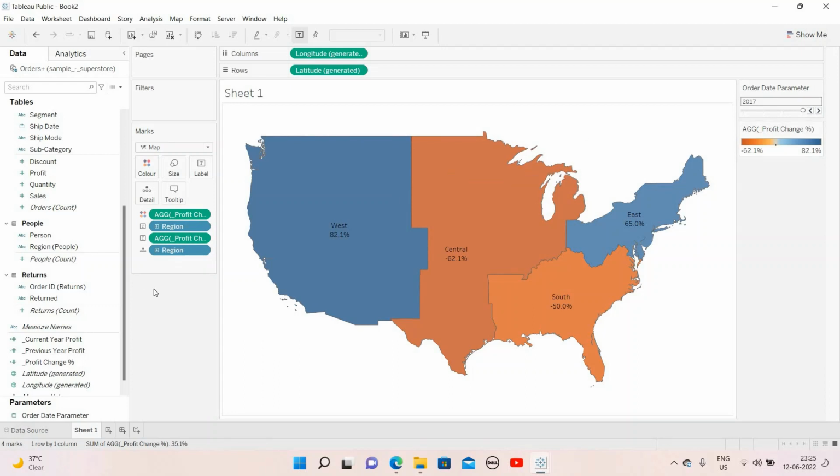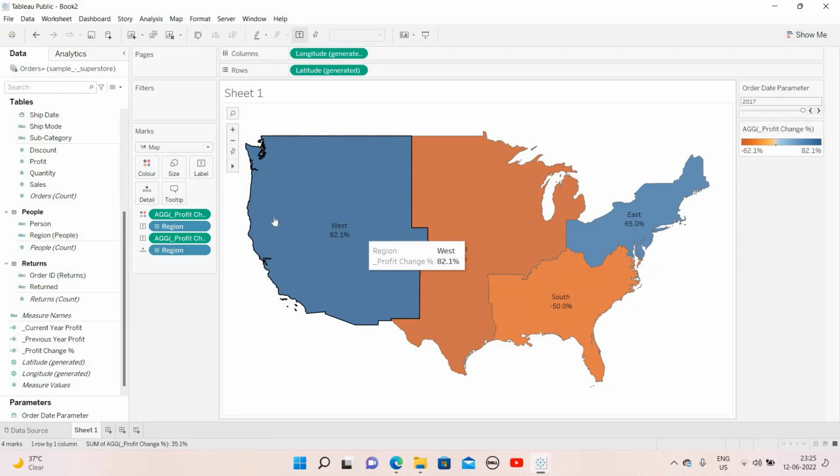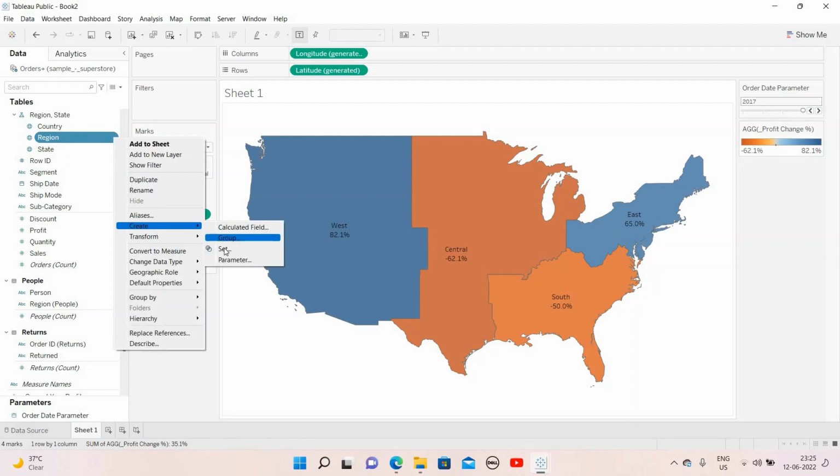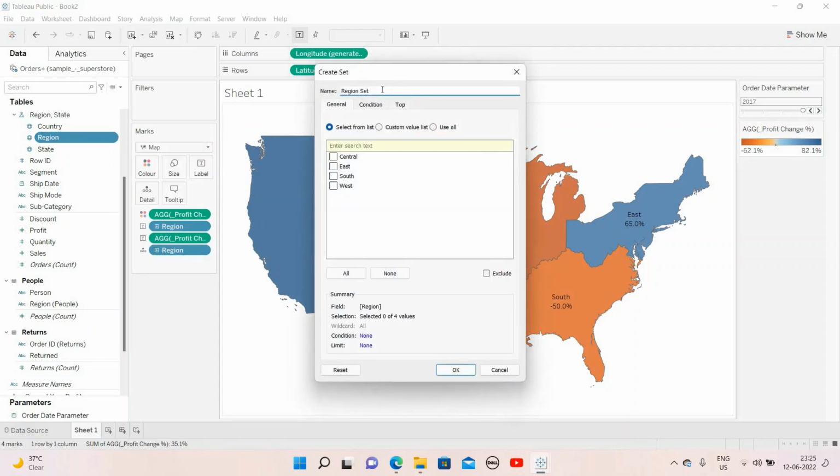So the next step is to make the drill down feature. So for that, what we have to do is we have to create one set of region. So let's create a set. Select region set. Okay,